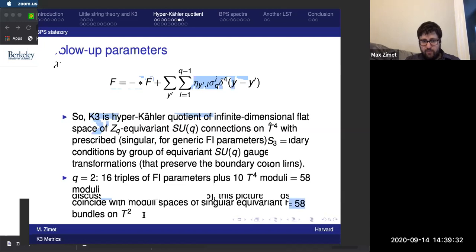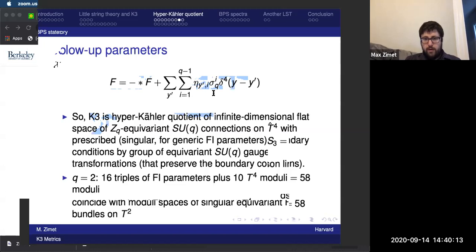And then similarly, for the Q not equal to 2 cases, the counting of these Fi parameters works a little bit differently, but it ends up working out. In particular, there's a subtlety for Q equals 4 and 6. For Q equals 2 and 3, all of the fixed points just have ZQ stabilizers. But for 4 and 6, some of them have smaller stabilizers, and so they get identified with each other. Then you get relations between these Fi parameters associated with points that get identified. But when you account for all of that, the counting works, and so we expect this will cover the entire moduli space of K3 surfaces.